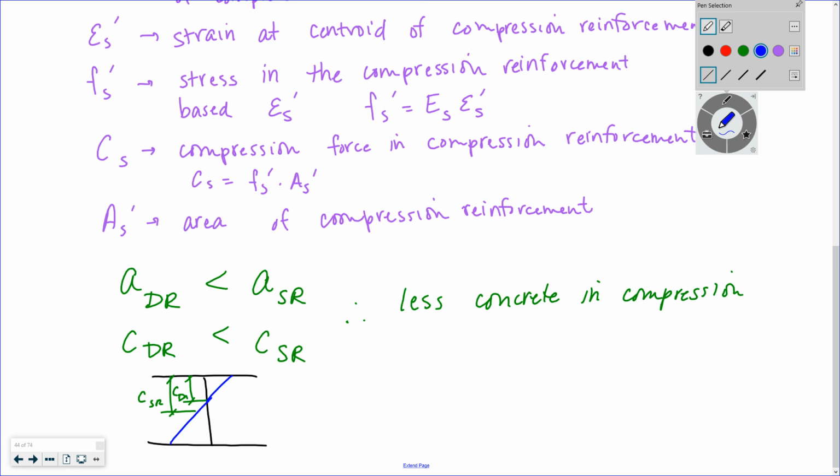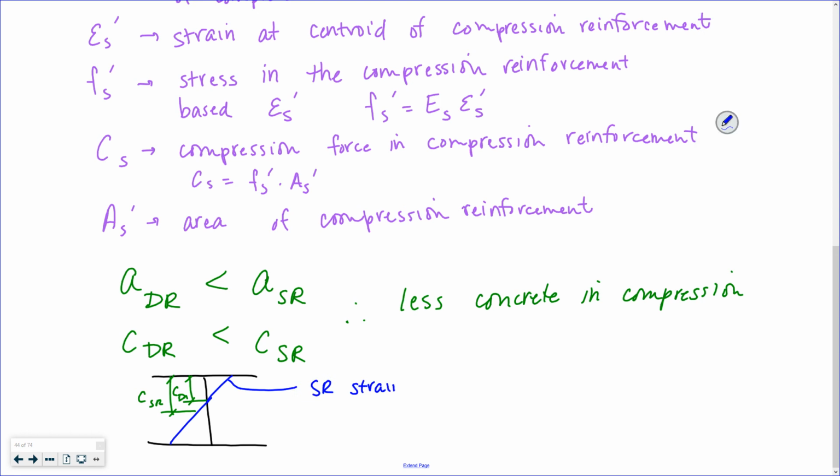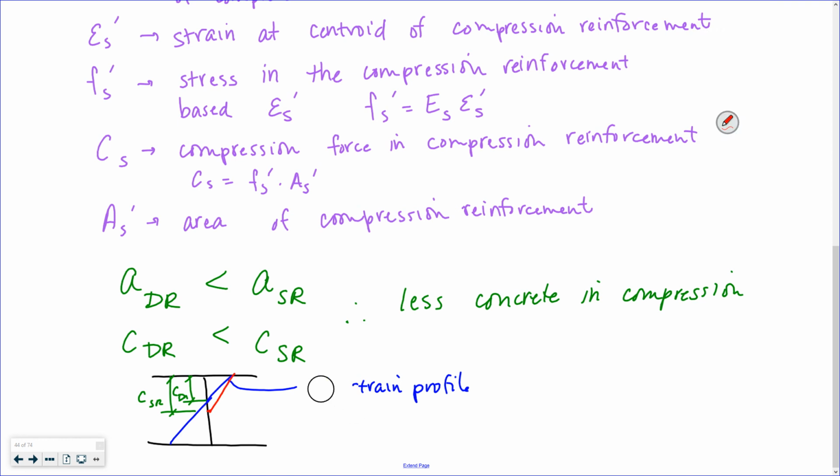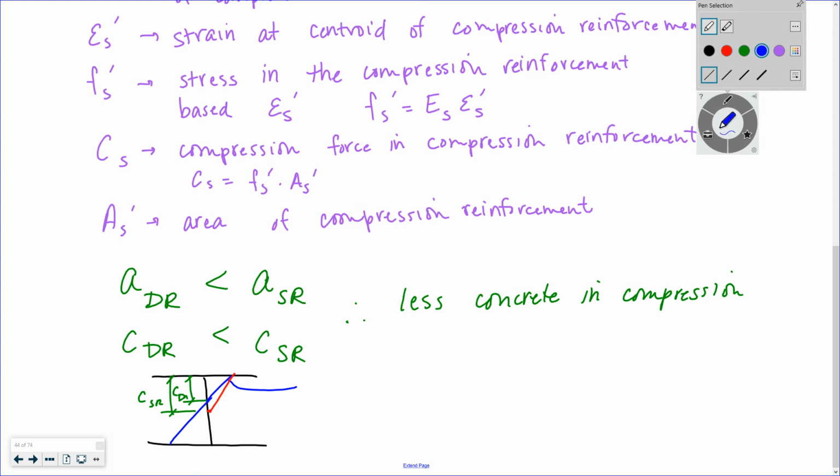That's the strain profile for singly reinforced. I'm sorry, doubly reinforced. Like that, right? They have to have the same value up here, but if they cross at different spots,